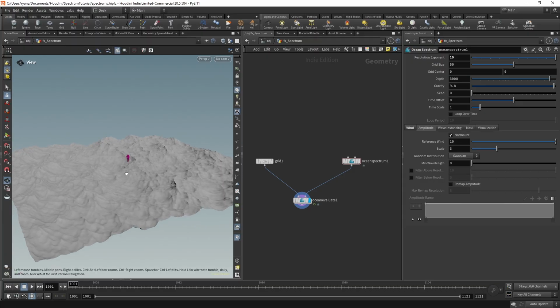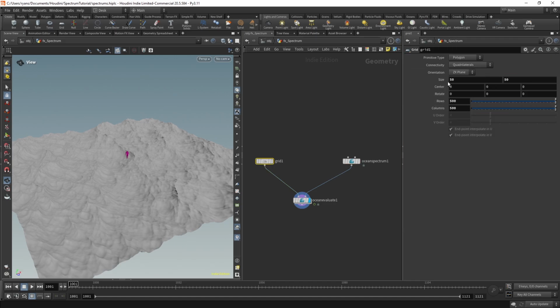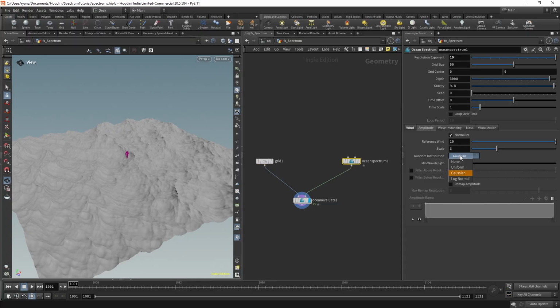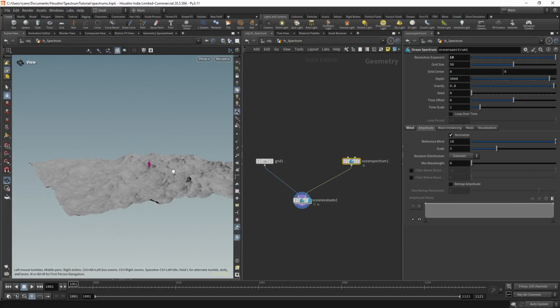I think Gaussian's fine, especially when we're using wave instancing. I think when you do a grid size and you were doing it in a tileable way, that's when it might play into a use case, but for the most part I wouldn't worry about it. Now min wavelength is very useful because